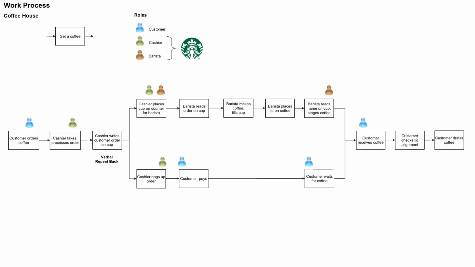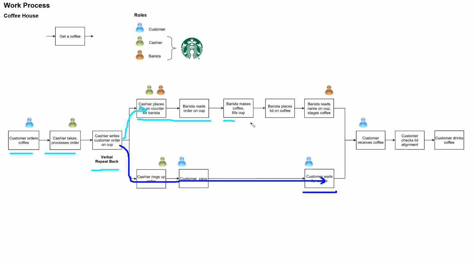Customer orders the coffee, cashier takes the order, and then they write the customer's order on the cup. They sometimes verbally state it to the barista. This path is the barista. The barista is going to make the coffee. This path is the cashier ringing up the order, customer pays, and the customer waits patiently for their coffee to be done. Back up on the top path, the barista reads the order on the cup and then makes the